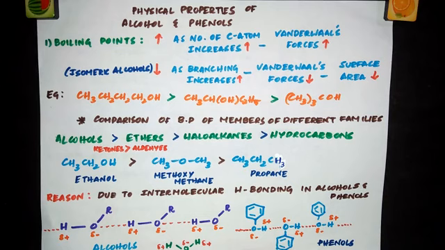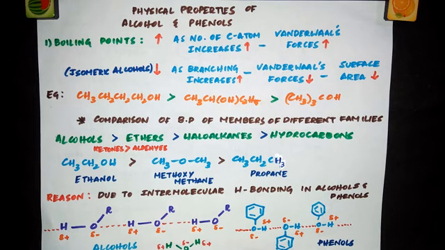In the physical properties of alcohols and phenols, we are going to see two important physical properties. One is boiling points, the other one is solubility. As you know, alcohols and phenols consist of two parts, an alkyl or aryl part, and a hydroxyl part, which is OH. So the properties of these alcohols and phenols are mainly due to this hydroxyl group. And the nature of the alkyl and aryl groups simply modifies the properties of alcohols and phenols. So first let's see boiling points.